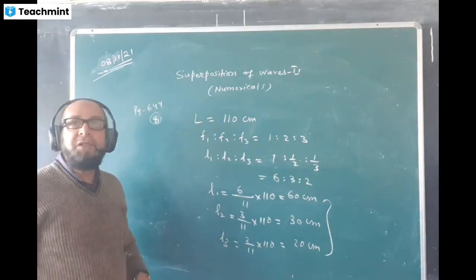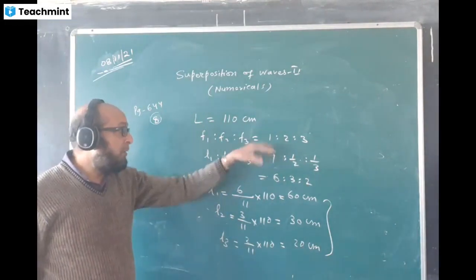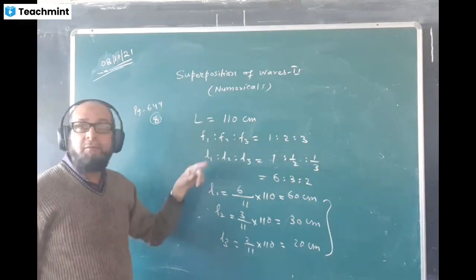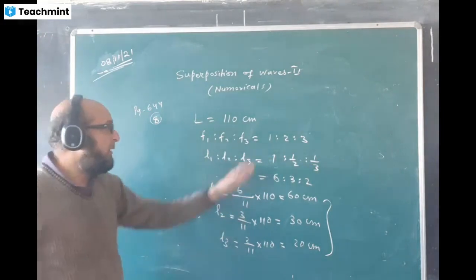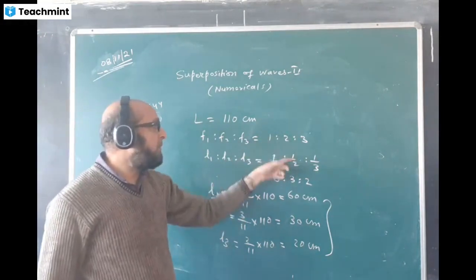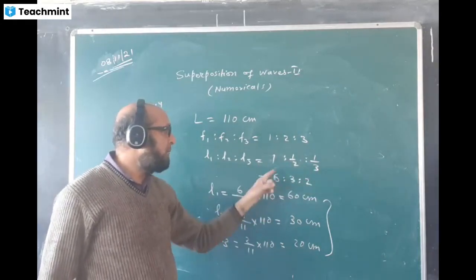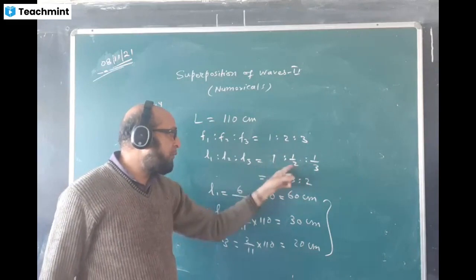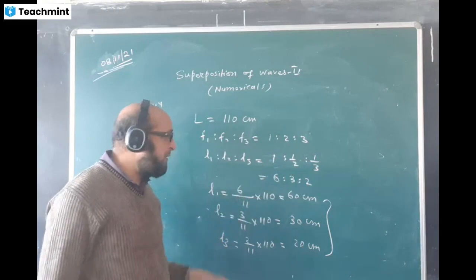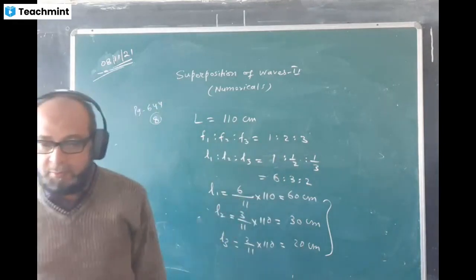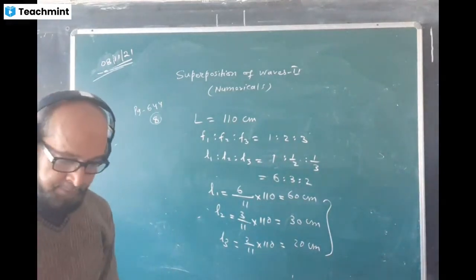So I was taking inverse ratio, which is actually not correct. I should take reciprocal of the frequency, because frequency and length have the relation F is equal to 1/L. So reciprocal we have to take. So 1:2:3, reciprocal will come 1:1/2:1/3. This one I am changing into a simple ratio. Multiply by 6 here, LCM is 6, you get 6:3:2. Now dividing 110 in this ratio 6:3:2, the answer is coming. Now the answer is matching. Okay?